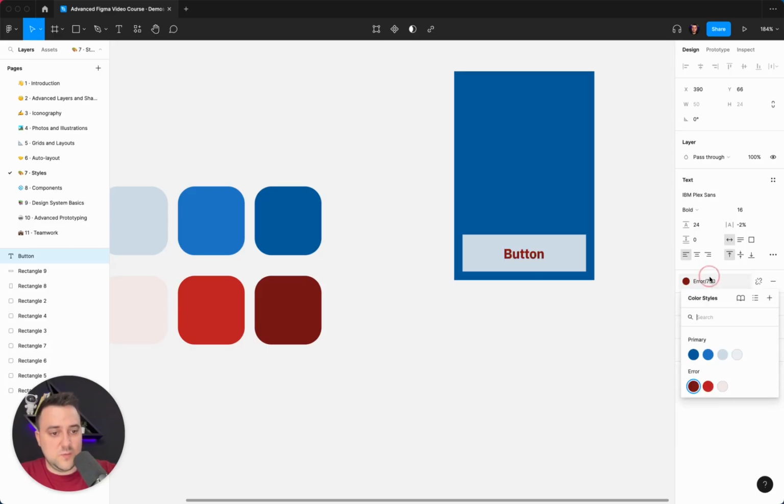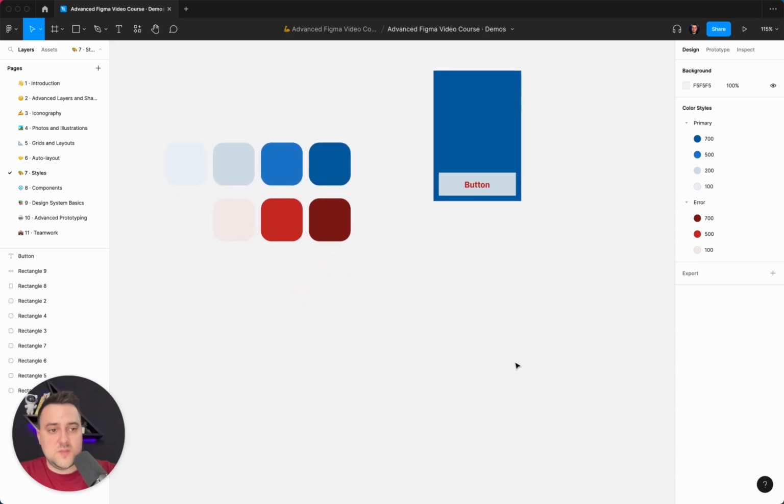You can switch between different styles, you can detach it, and you can also switch between a grid and a list view. Depending on how many of those I'm going to have, I'm either going to prefer a list view if I don't have many, or grid view if I have a lot of different styles that I'm using in this project. When it comes to fill styles, or color styles as they're known,